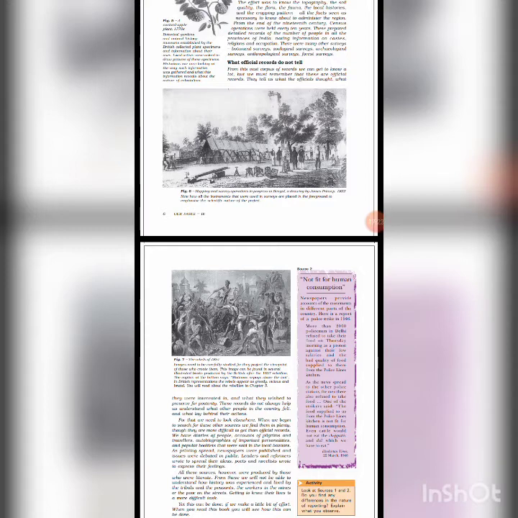And some of the surveys conducted were as follows, such as botanical survey, archaeological survey, forest survey, geological survey. So what we can say is that we can get a lot of information from the surveys conducted by the Britishers. But were these sufficient to serve as a source to know the history of India? Let's see.